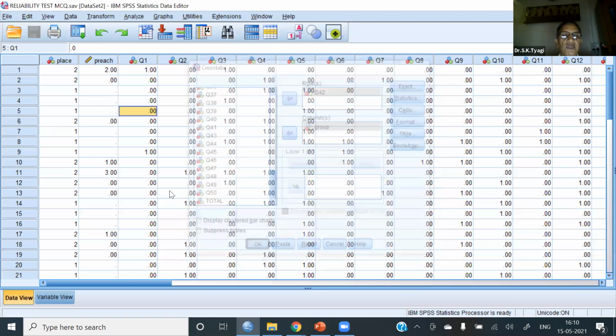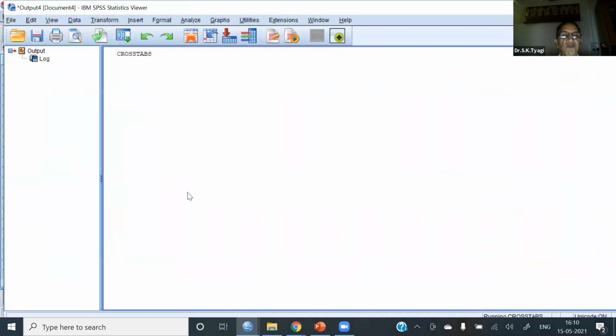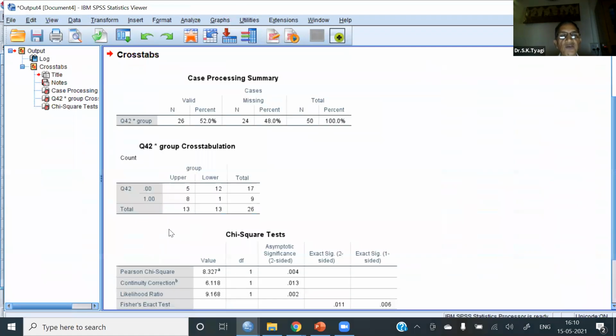See, this is the cross tabulation which we also used in calculating the discrimination index. But suppose we choose not to use that approach. We want to test the significance of difference between these two groups, but not of mean scores, but of proportions. The proportion of right response in the upper group is 8/13.